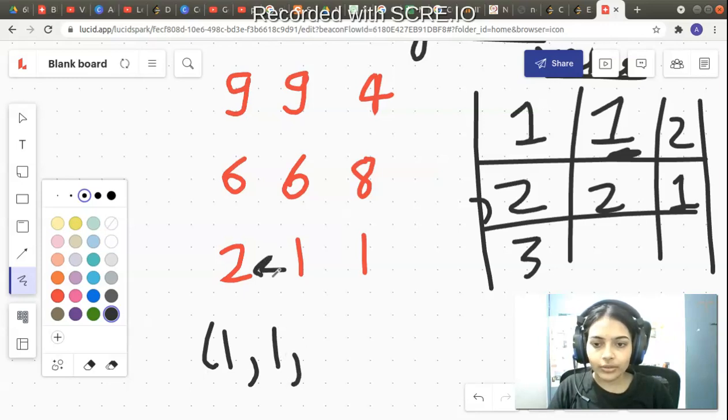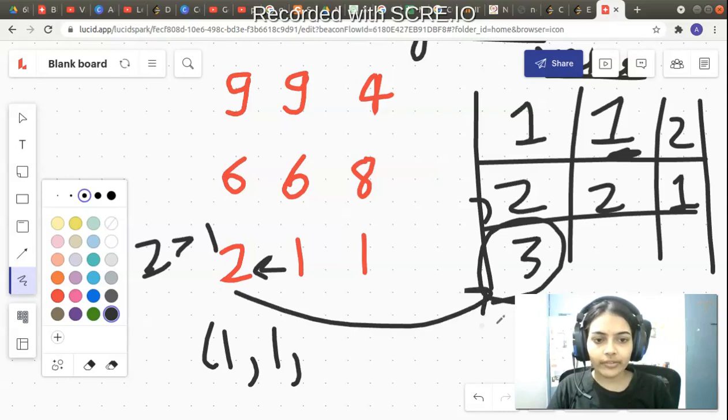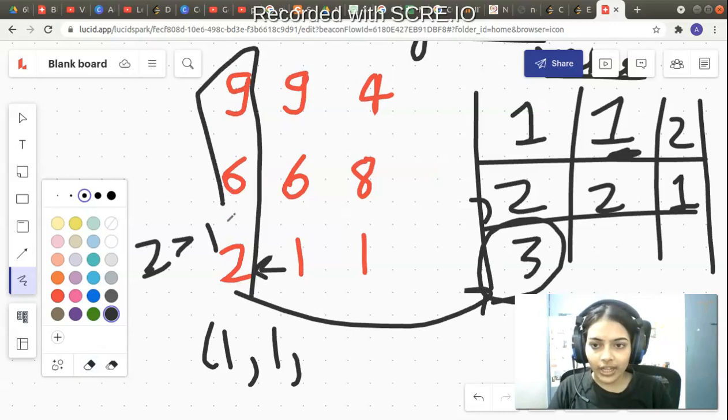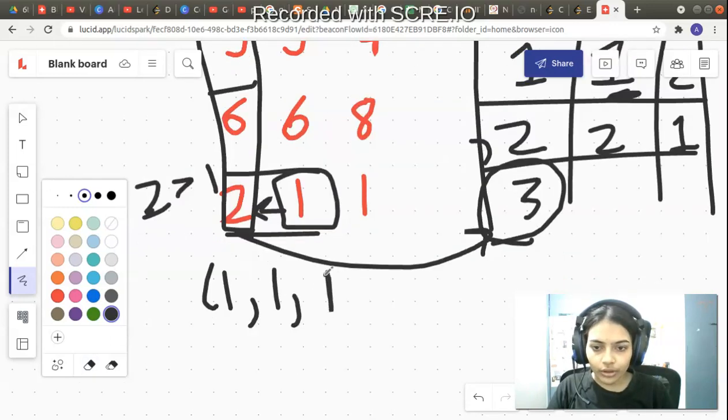It will make a call to its left neighbor. Left neighbor is 2. 2 is greater than 1, right? So this is a helpful neighbor. Now it is having a value of 3. In the memoization matrix corresponding to 2, there's a value of 3. That means 2 was already forming a subsequence of length 3. So it will return back 3. And now 3 plus 1 is 4. One more element has been added to the subsequence. So finally we have this particular sequence of length 4. 3 plus 1 is equal to 4. So I will write 4 here.